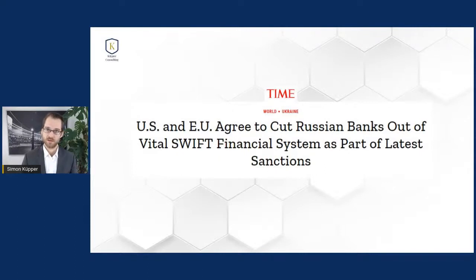Then, something right now on a way bigger scale. The conflict in Ukraine with Russia: the US and the European Union agreed to cut Russian banks out of the vital SWIFT financial system as part of the latest sanctions. Another example, just to show you how powerful finances, or the financial system generally speaking, is. It is also a little harder right now because a lot of banks and players have to come together to actually affect someone else. And of course, that will be way easier